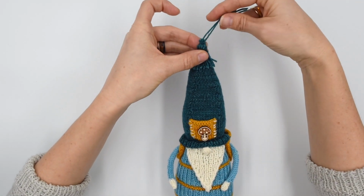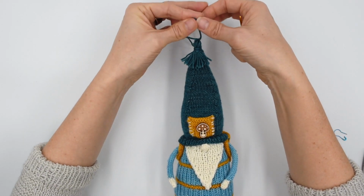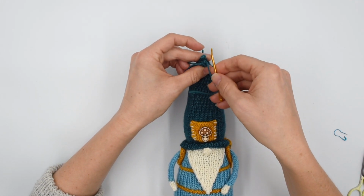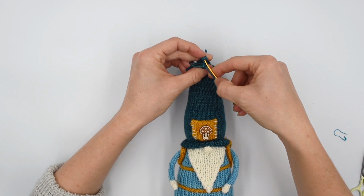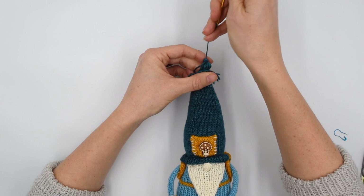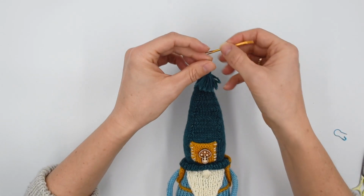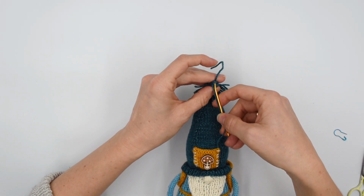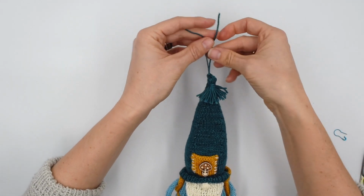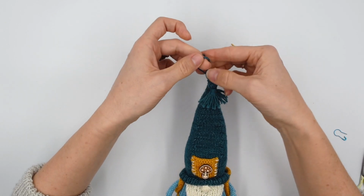So I'm just going to do it. That's not how I did the other ones, but that's the fun thing about doing multiple versions, is that you get to play around with different options. All right, so I'm just going to thread one on there and go through. And then I can thread the other one on and go through in a different spot. And then we can knot them and get them nice and secure. And then after they're knotted, we can just plunge them down into the hat. And that is a nice, simple way to attach